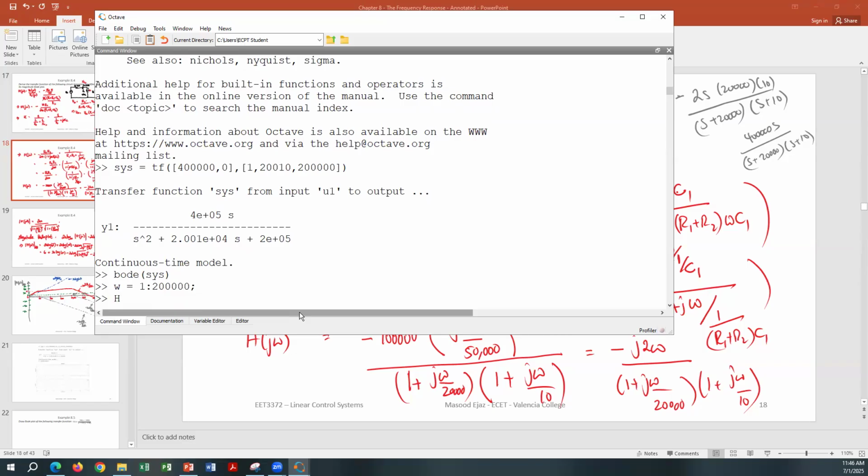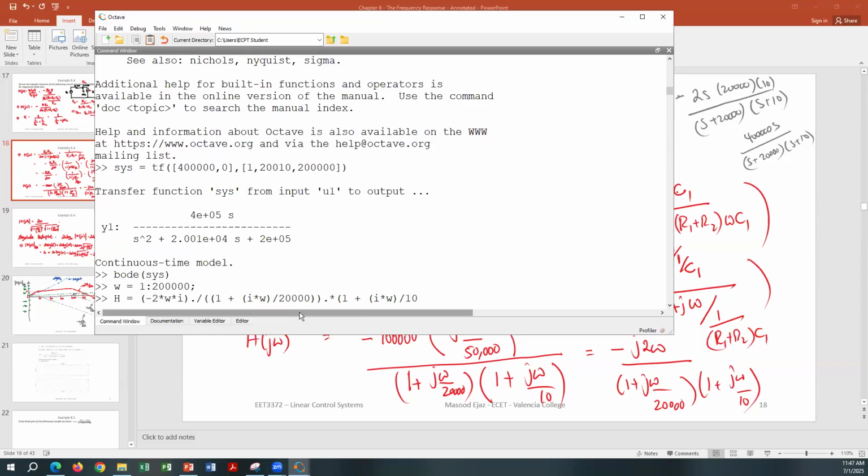And your H is negative 2 times omega times i, and 1 plus i times omega divided by 20,000, times 1 plus i times omega divided by